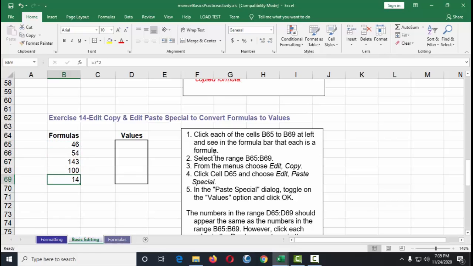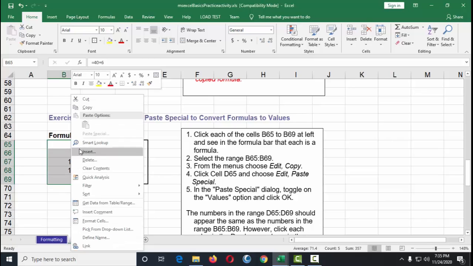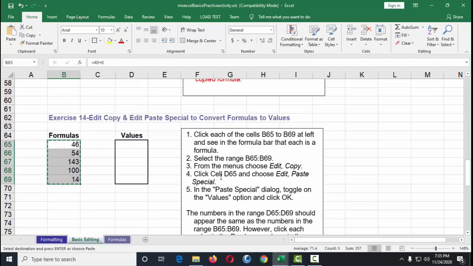So it's a formula. Now select range B65 to B69, and then copy it with the menu, or Control C, or right click and then copy. Click on cell D65, which is this one, and then click edit, paste special.